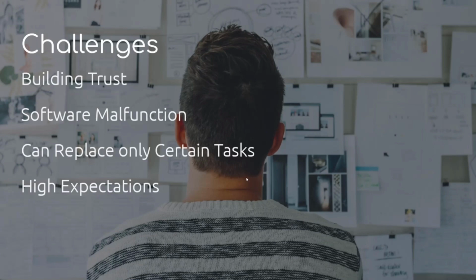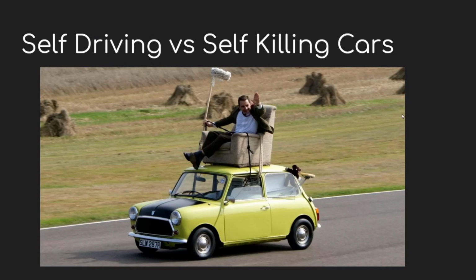Then we have very high expectations. For example, I am a person who has very high expectations of AI. I expect it to do everything. I expect it to play a song whenever I enter my house, like that. So, high expectations. This is one small scenario I'm sharing just for fun.